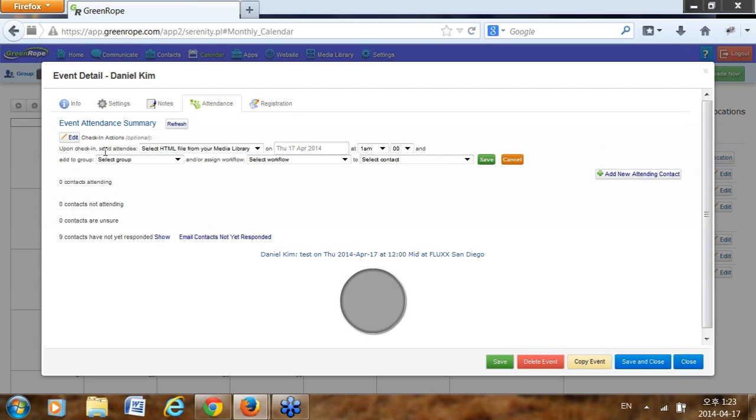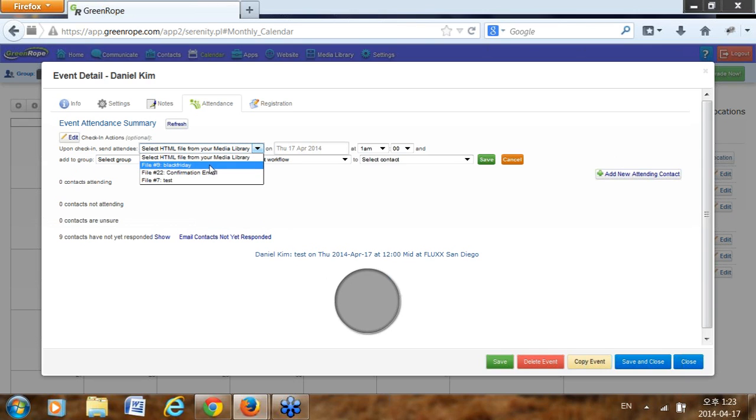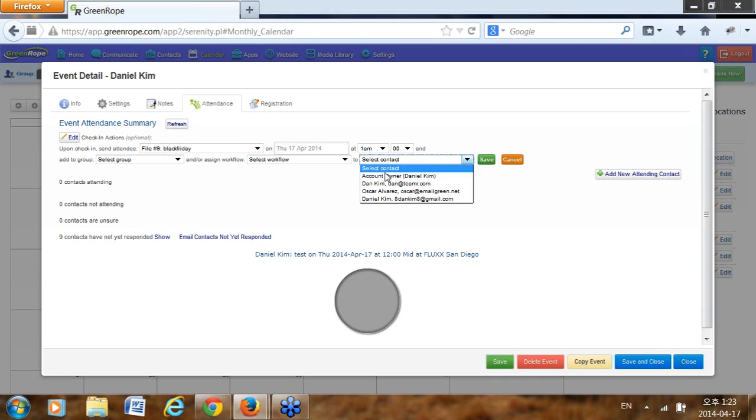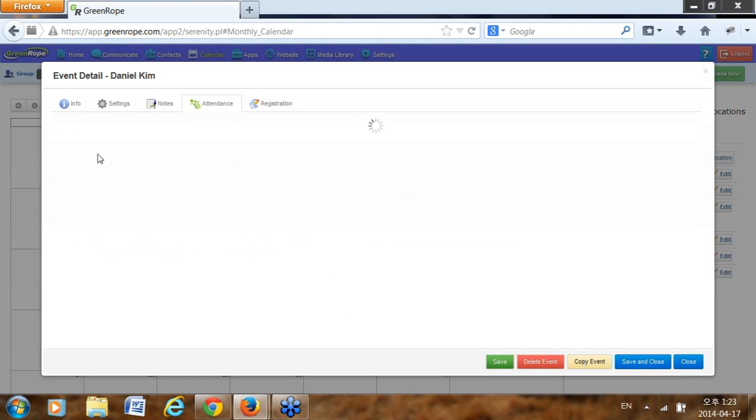You can edit the check-in actions. So upon check-in, send attendee a particular email, and you can actually have them added to a new group, and you can assign a workflow that you have created, as well as assigning those workflow activities to a shared access user that has been defined here. Now once you have, you can save the changes,